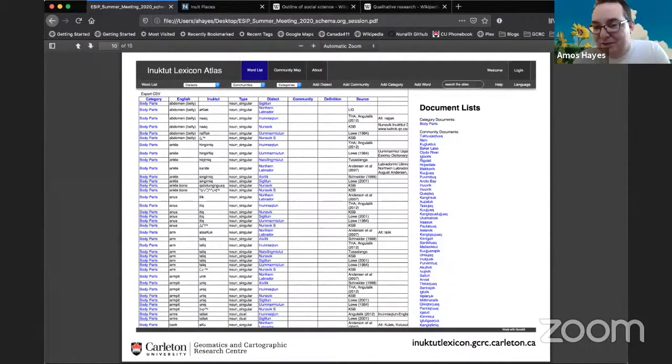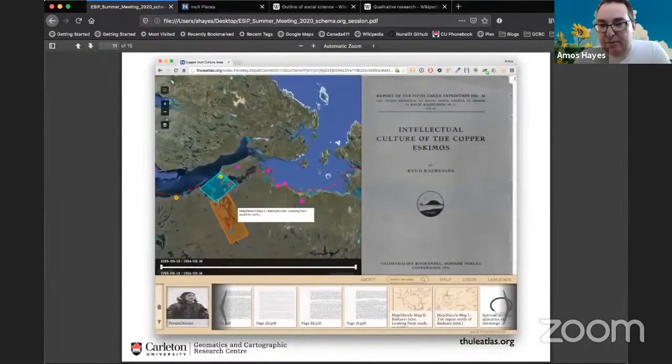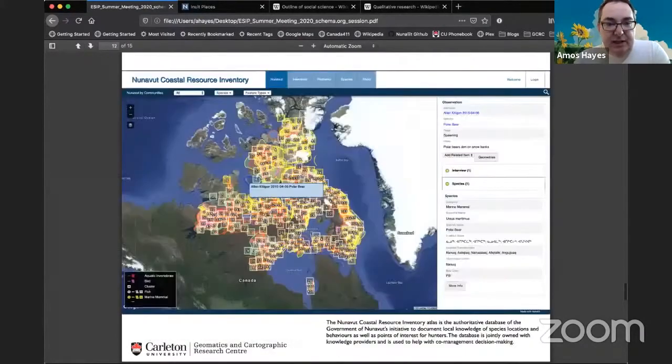The fact that they're different fish and things like that. So there are certain types of knowledge that are quite useful, and it gets into heritage applications and making data available again. And this is a database, an atlas that's yet to be launched, but the reports have been published for individual communities.